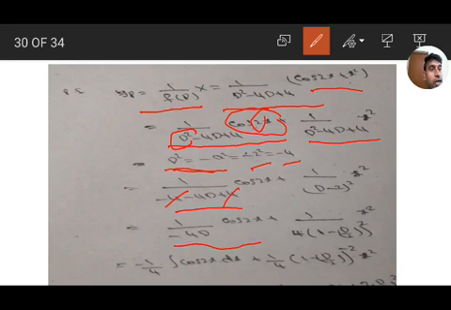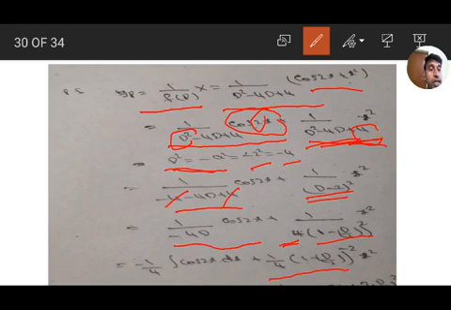Next, 1 by D square minus 4D plus 4. Instead of directly taking the least term, it is a minus b whole square, so (D minus 2) whole square. Here the least term is 2, and minus 2 is common. If you take minus 2 outside, minus 2 whole square gives 4. So we get 1 minus D by 2 whole square. Bring this (1 minus D by 2) whole square to the numerator, and we get 1 by 4, (1 minus D by 2) to the power of minus 2 of x square.